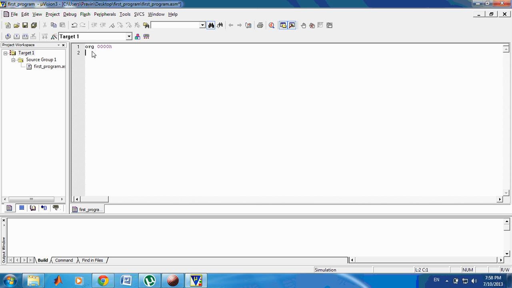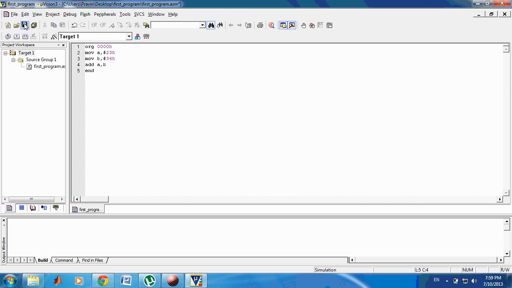The simplest program we have: MOV A, #23H, then MOV B, #34H, ADD A, B. Again we have one assembler directive, that is END. So every program should start with the ORG and it should end with the END.